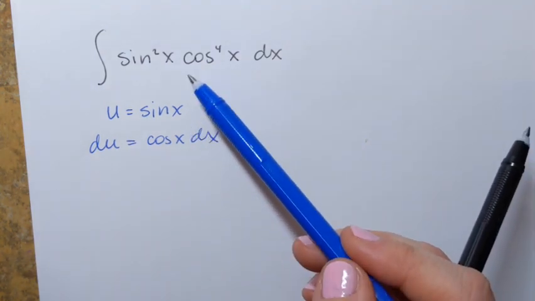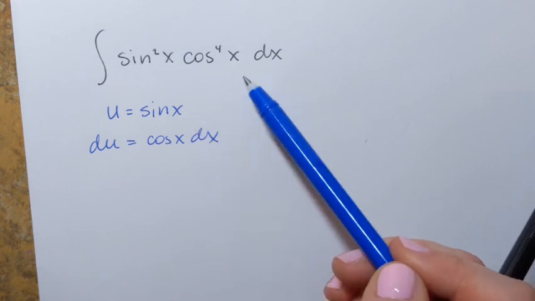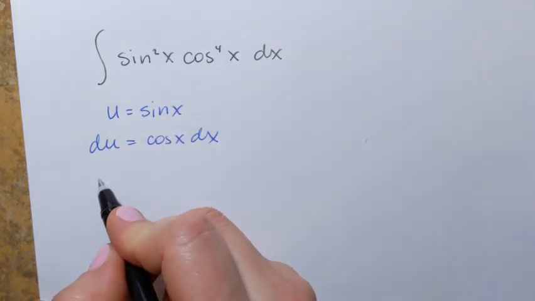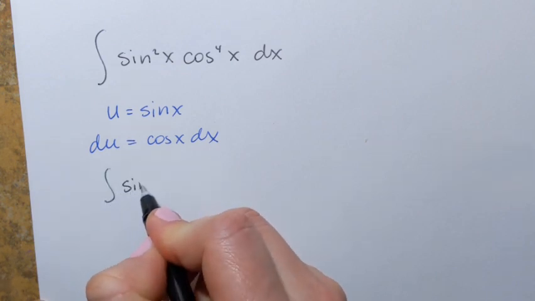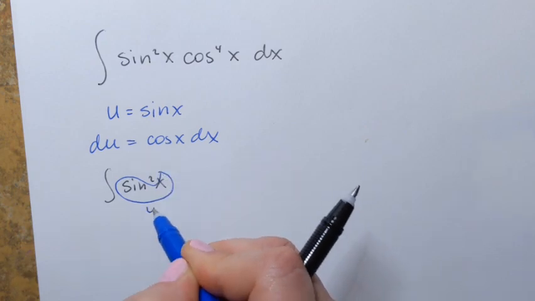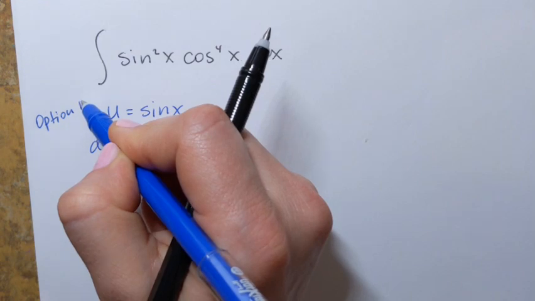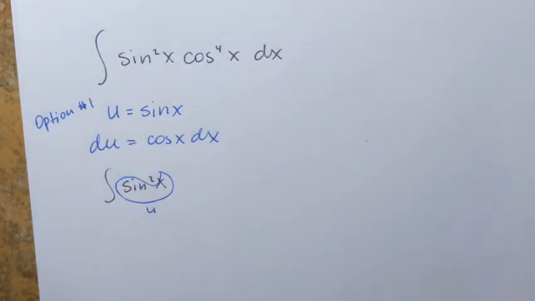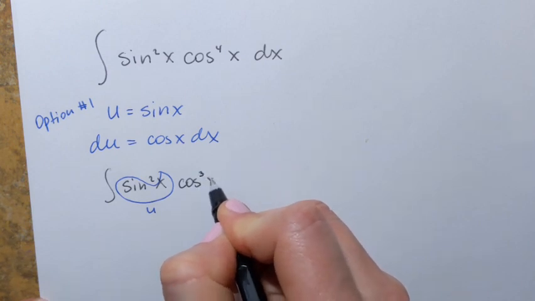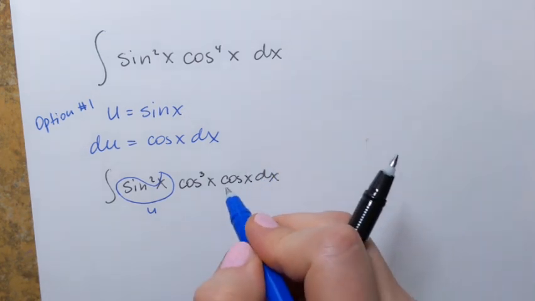So this means that we would want to separate one factor of cosine of x, and along with dx, it will be equal to du. Let's see how it's going to look. So sine squared of x, that's what u is. And by the way, that's option number 1. Then cosine to the fourth power, I write as cosine cubed of x, cosine of x dx. Now that part